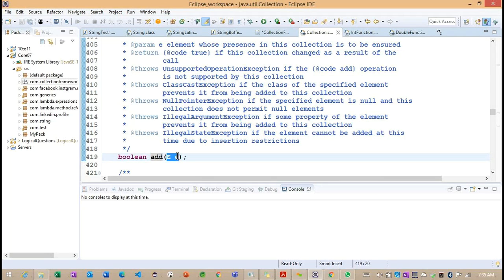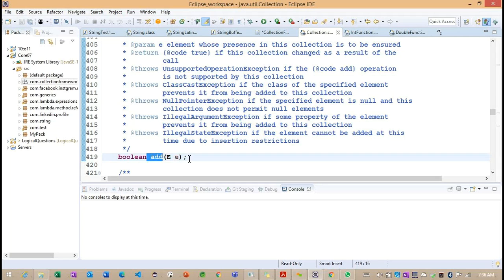What is e here? Here e is our generic type. While creating this collection, we provide the appropriate generic type, so that the same type of object is expected when we call the add method.